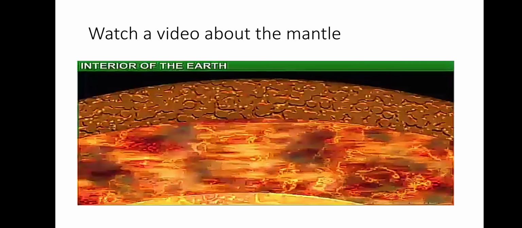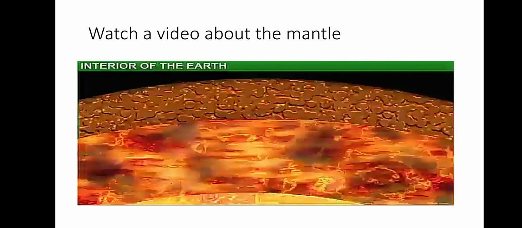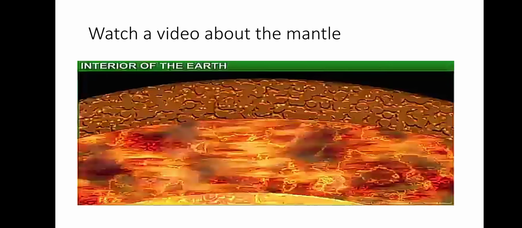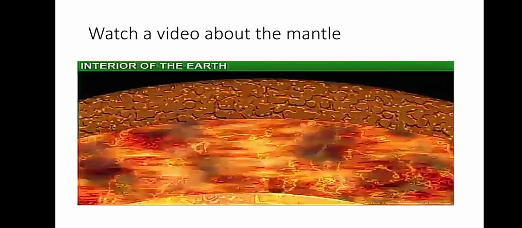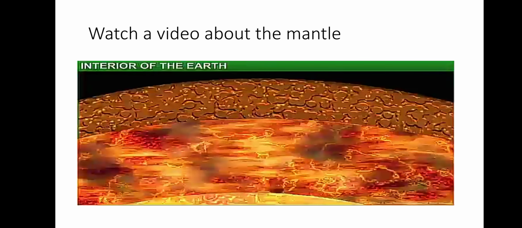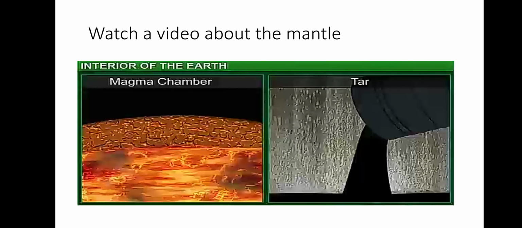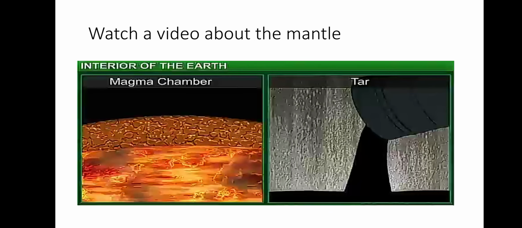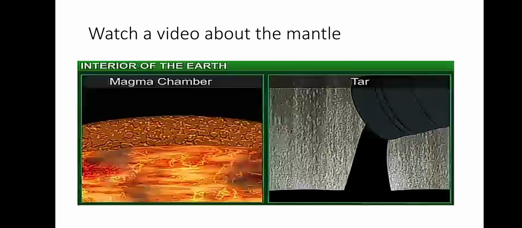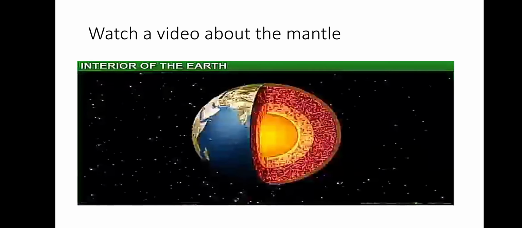That makes the material of the mantle very viscous, which means, although it is in liquid form, it does not flow freely. This material inside the mantle is more viscous than tar and is known as magma. It is semi-solid and can flow. Magma is contained within the magma chamber. Finally, as you go deeper inside the Earth,